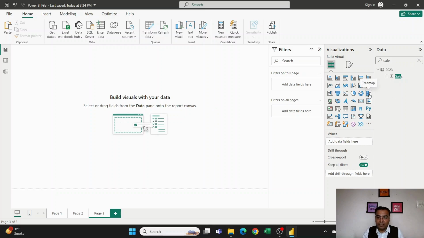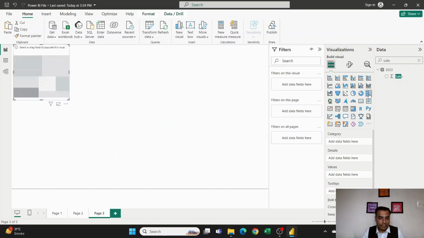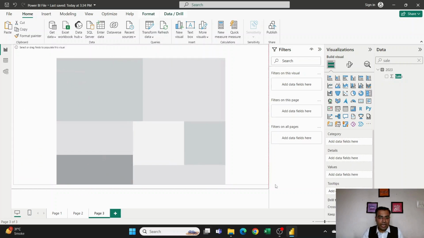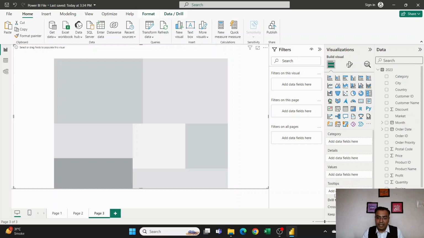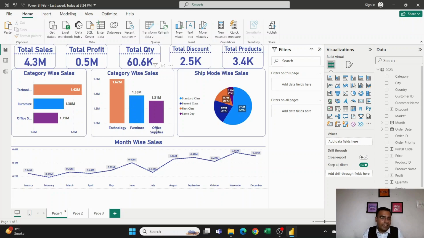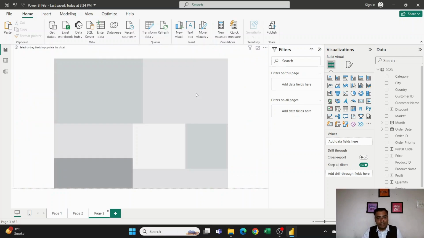If I see here, there is a tree map option that is available. I'll click on that and expand it across my entire sheet. Once I click on tree map, I have these category details and value details that are getting populated. If I want to create a tree map of subcategory-wise sales, we had created category-wise sales, but only three categories were there, so that kind of visual is okay. But when you have more than six, seven, eight different subcategories,